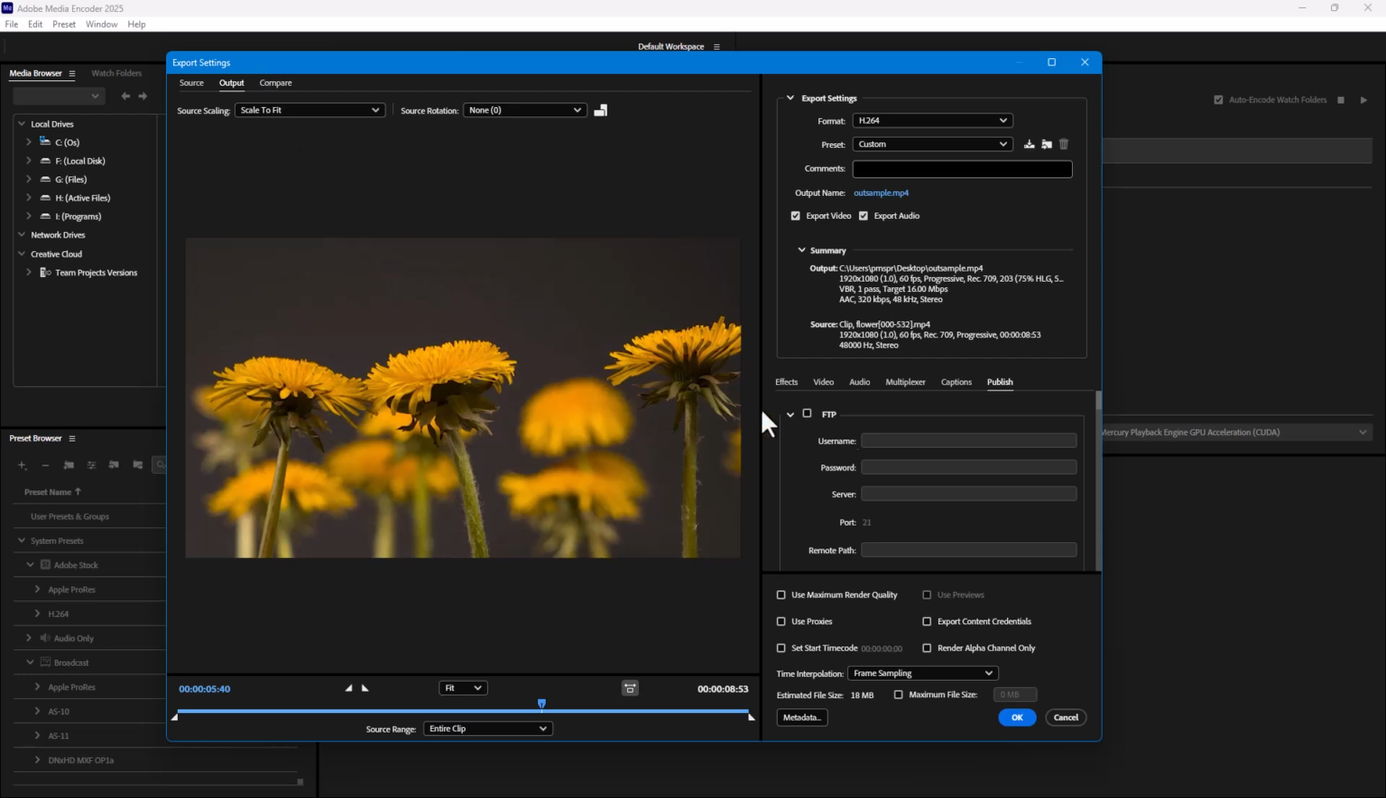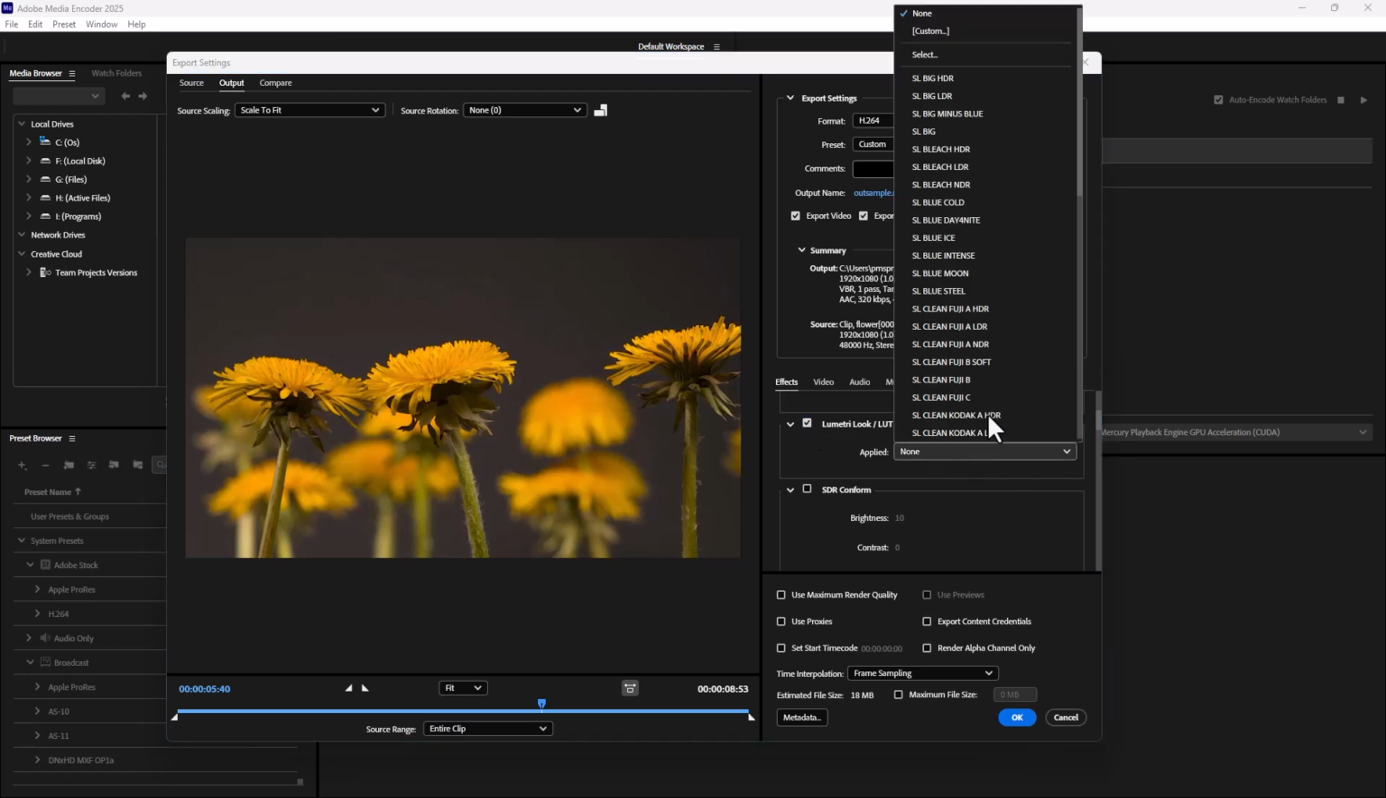Then over here on the right hand side, you can see that I've got the video settings. So simply go to effects right here, scroll down and you can see Lumetri Looks. You can go ahead and enable this, and once you do that, none is applied right now, but you can